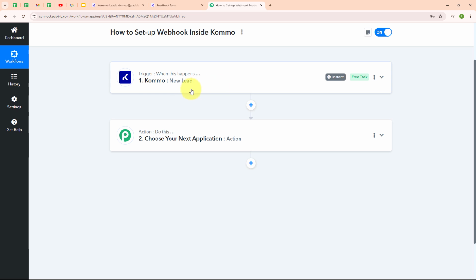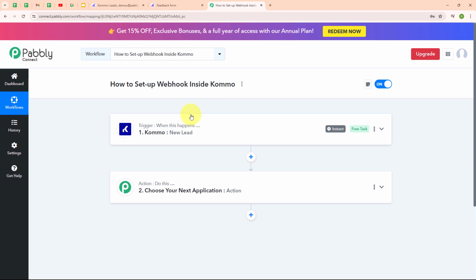So after getting the information over here, you can send that information automatically to another application by simply building a connection between Como and that application using an automation software, which is Pabbly Connect. For that, you simply have to take your trigger as Como, and the other application to which you want to send the data, you have to take in your action step over here. So that whenever Pabbly Connect receives the response on any specific event, automatically that data will be transferred to that application in one go. Okay, so these were the steps to set up a webhook inside Como.